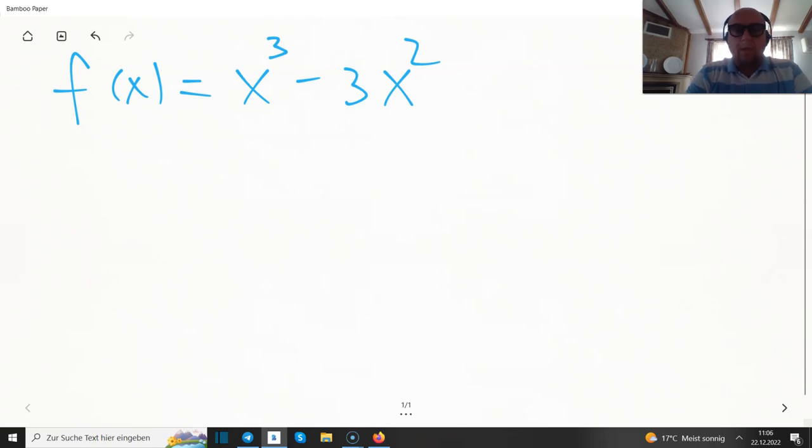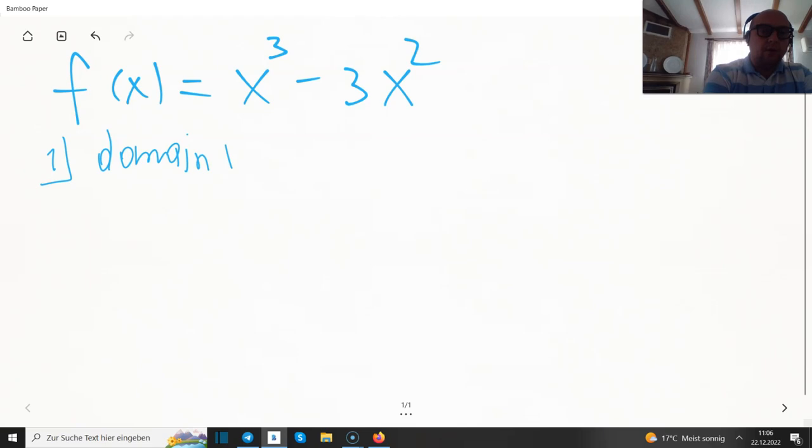What are the values that we can substitute for x? And the answer is everything. All the reals, we are now at real numbers. So the domain consists of all the real values, x from R. Okay, second point in our investigation: